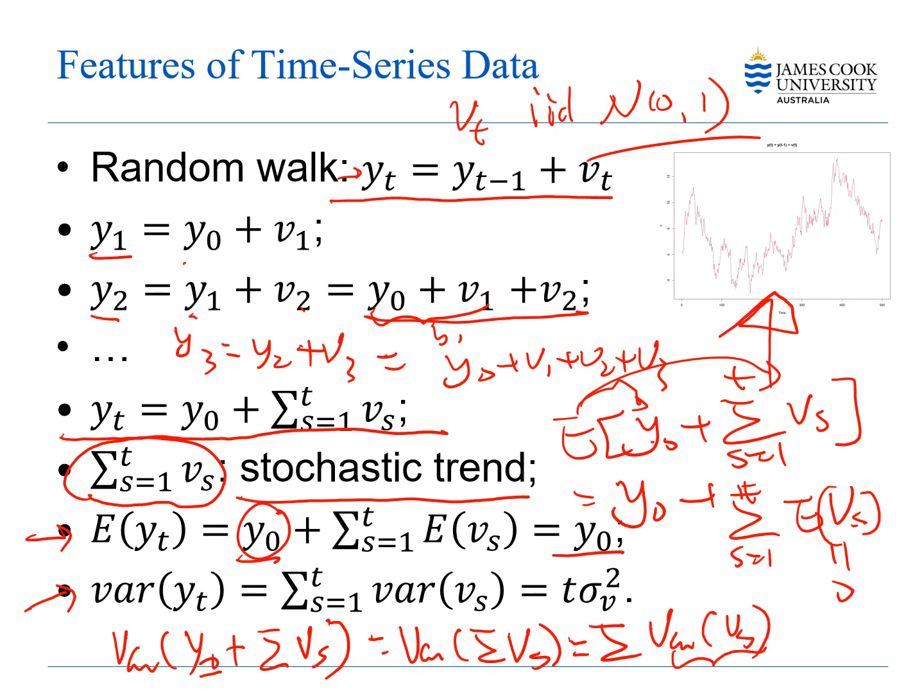Here is sigma V squared, but in our simulation sigma V squared is equal to 1, so suppose it's 1. Then we get the sum of 1 from 1 to t; there are t ones, add them up, we get t. So now we can see that this variance clearly depends on time. So this random walk is not stationary,